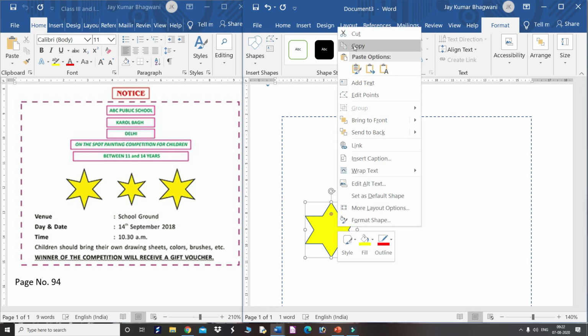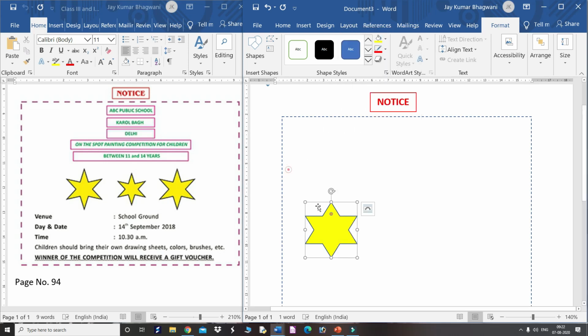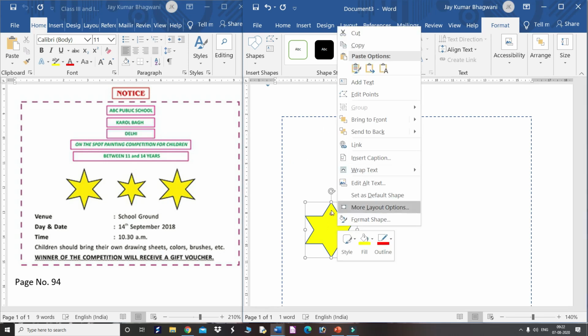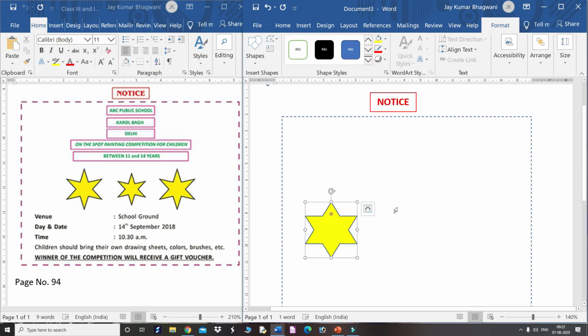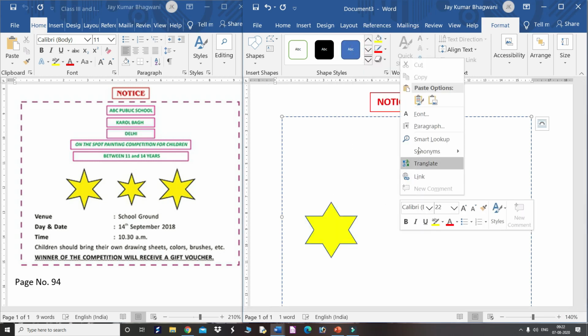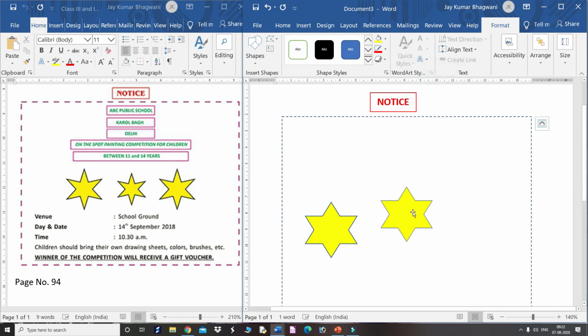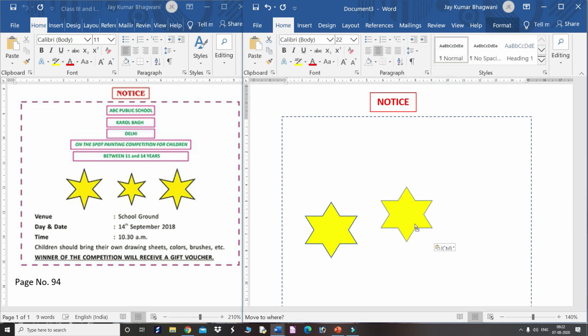There is an option called copy. Can you see this option? When you right click on this particular shape, there is an option called copy. After copy, you have to right click and just do the paste. So the second object will come. The paste shortcut is also there, Control plus V.